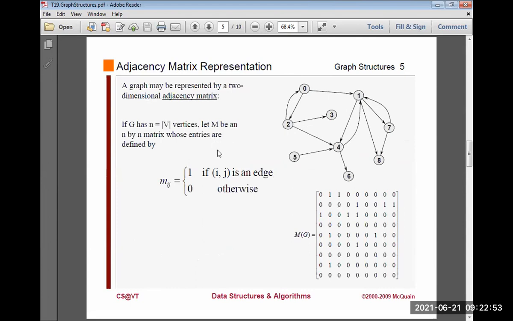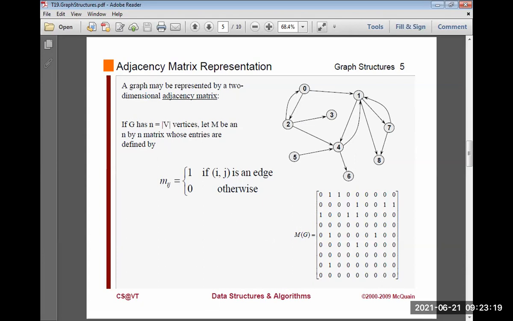Then we move to the representation of graph. A graph may be represented in matrix representation and linked representation. V means vertices, E means edges, you already know. A matrix is represented by a two-dimensional matrix. So here, first you write the number of vertices in rows and the number of vertices in columns.